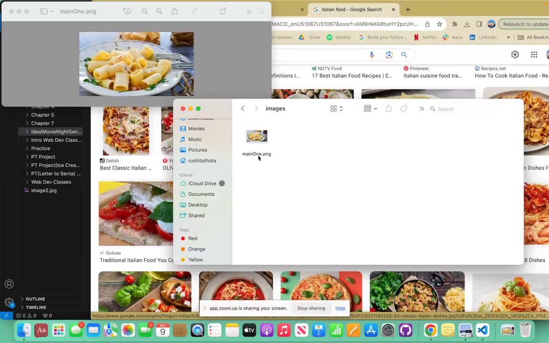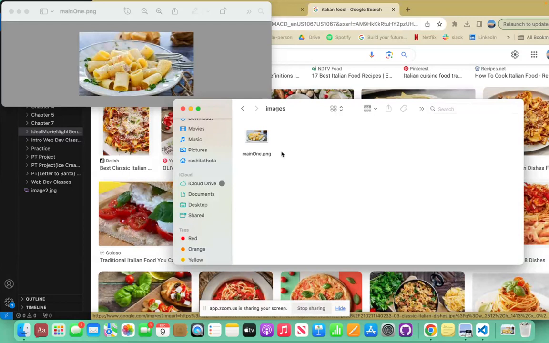So I just copy it, and then Control V here, and I pasted it. So now that we have this image in the folder right here,